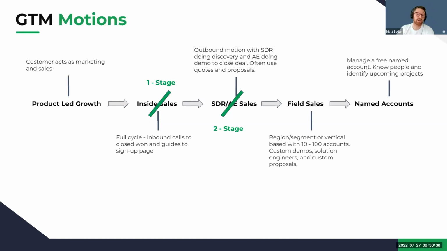Now, channel and partners, in my mind, is like another go-to-market motion. Totally. How channel is done, I would even put it into a sales motion. I would call it a channel motion. It needs to be thought about separately. We're not going over channel today and how to put that in, but it's a separate motion altogether. In my opinion, that sits on top of these. Usually it's sitting at two-stage field sales, in between here for SMB markets.